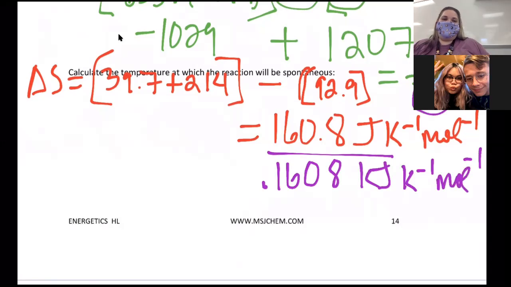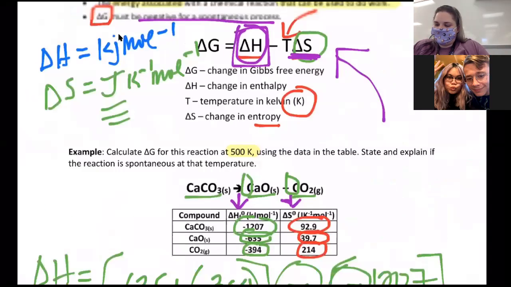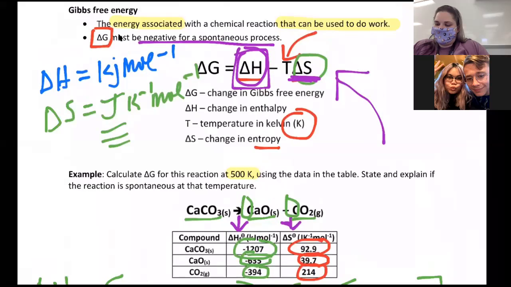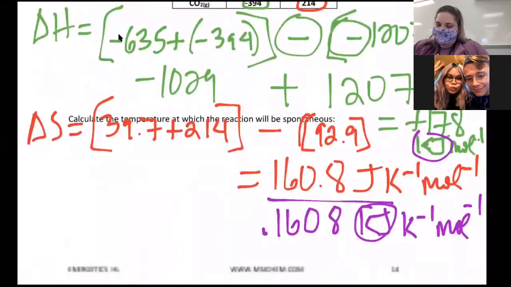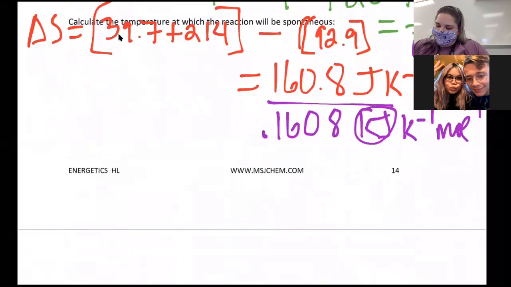So just keep in mind, anytime you solve for the delta S and then you need to use it in this equation, you have to do this step right here where you divide by 1,000, because you have to convert those joules to kilojoules. So now that I have it converted, now I can go back up here, and now we're going to use this equation. Okay, we're going to plug in our values. So I have delta H minus the temperature in Kelvin times delta S. So I would do delta H, which was the 178, minus the temperature was 500 Kelvin, so minus 500 times